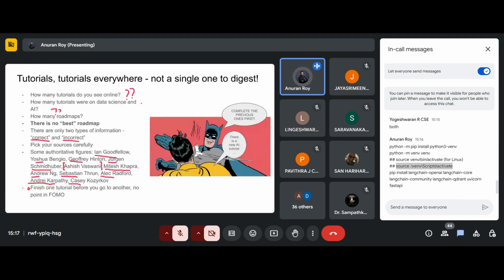Are you guys doing it? Are any of you actually doing this?